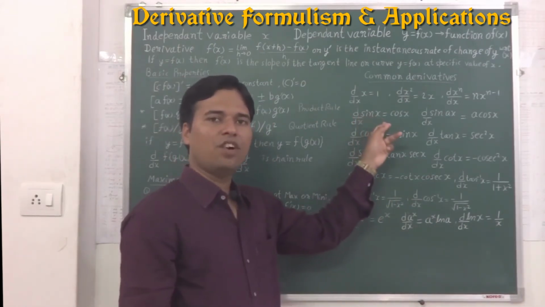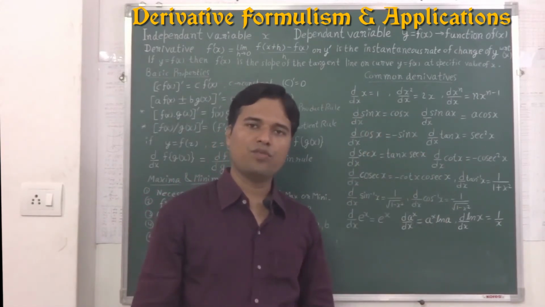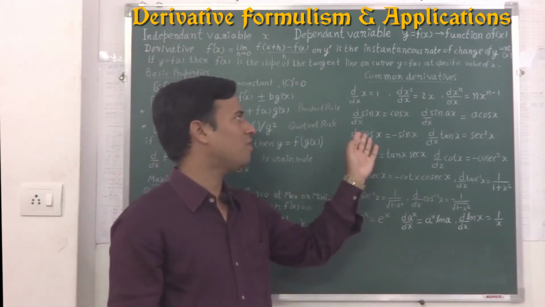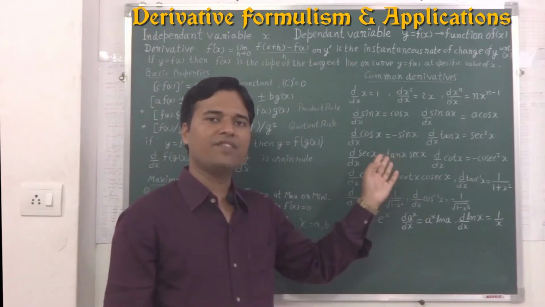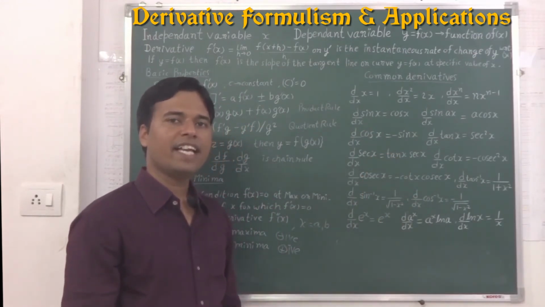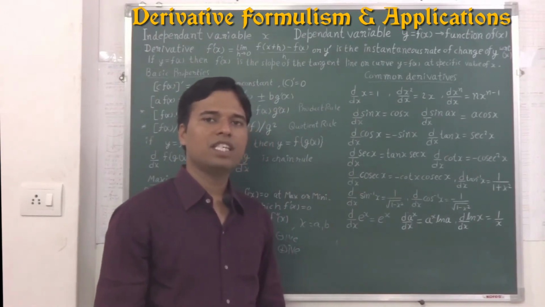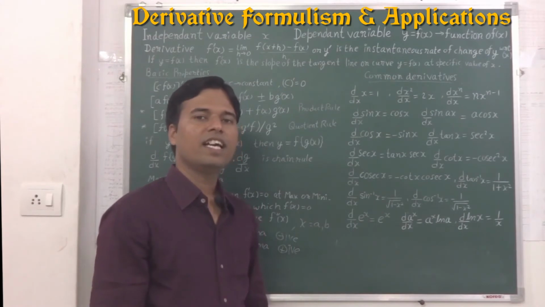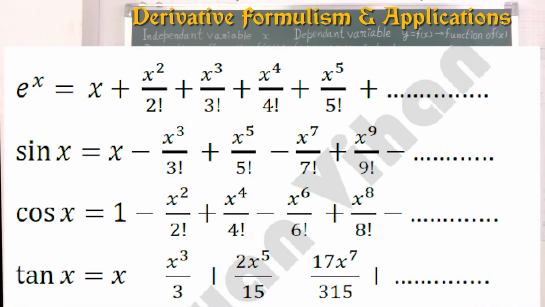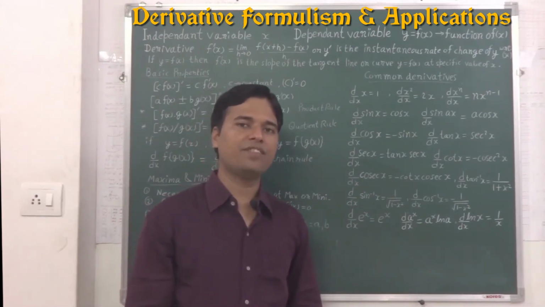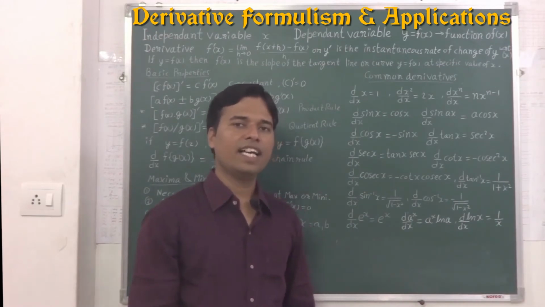The first derivative of sin x is equal to cos x. If we want to find the derivative of sin x or cos x, then we will have to use the series of sin and cos. We have learnt about the sine and cos series in our second video, which was about the trigonometric functions and the trigonometric function series. If you are interested, its link is given in the I button above.